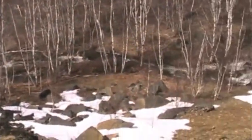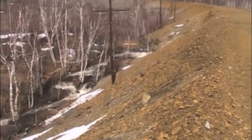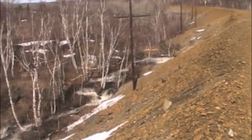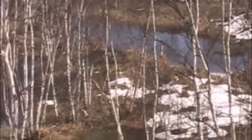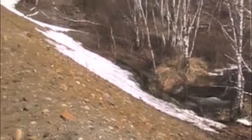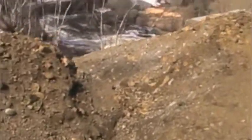Well, here's one of my favorite places, mainly because of the water flow, and it's coming out from under that culvert, and we'll get a little bit closer and let you hear the sound. So this is a bit on the highlands, and this is the intake right here of that culvert under the bed, which, by the way, there's lots of erosion in this one particular area right here, and it spills out,